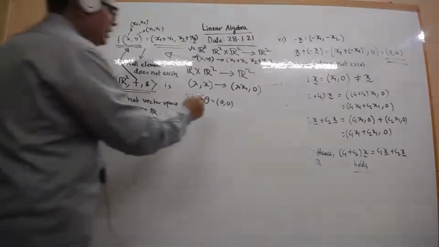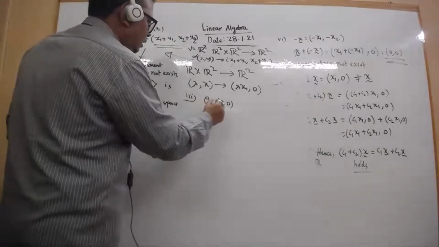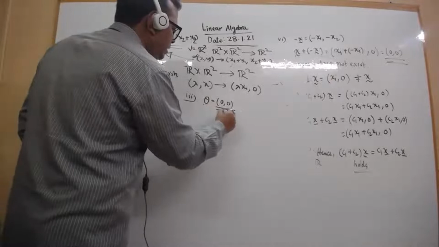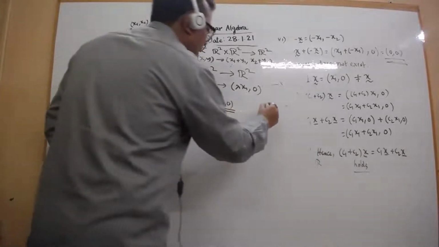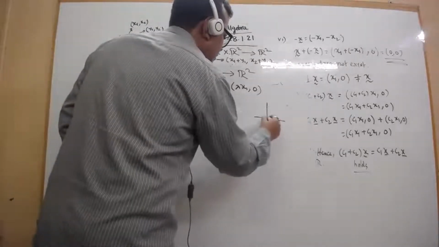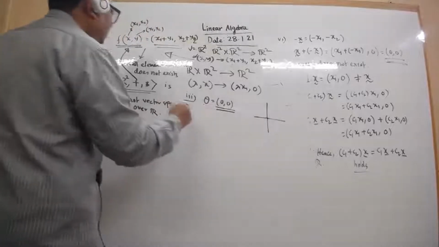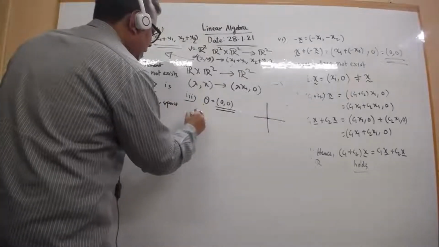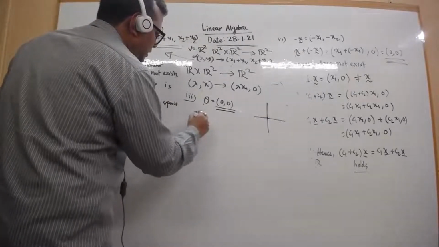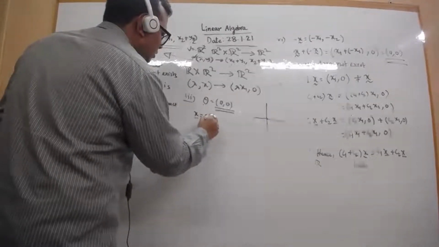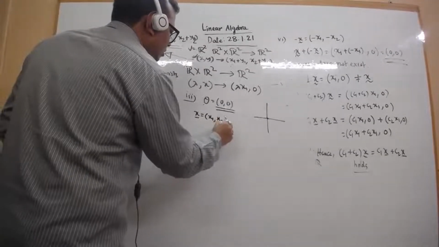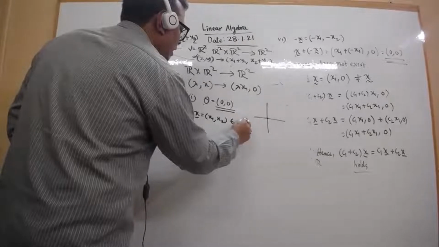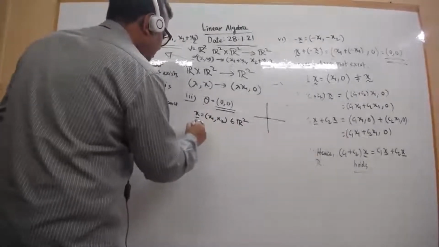Then you see that if you take the null element as the origin, that is (0, 0), and then take any element x curl belonging to R square, then